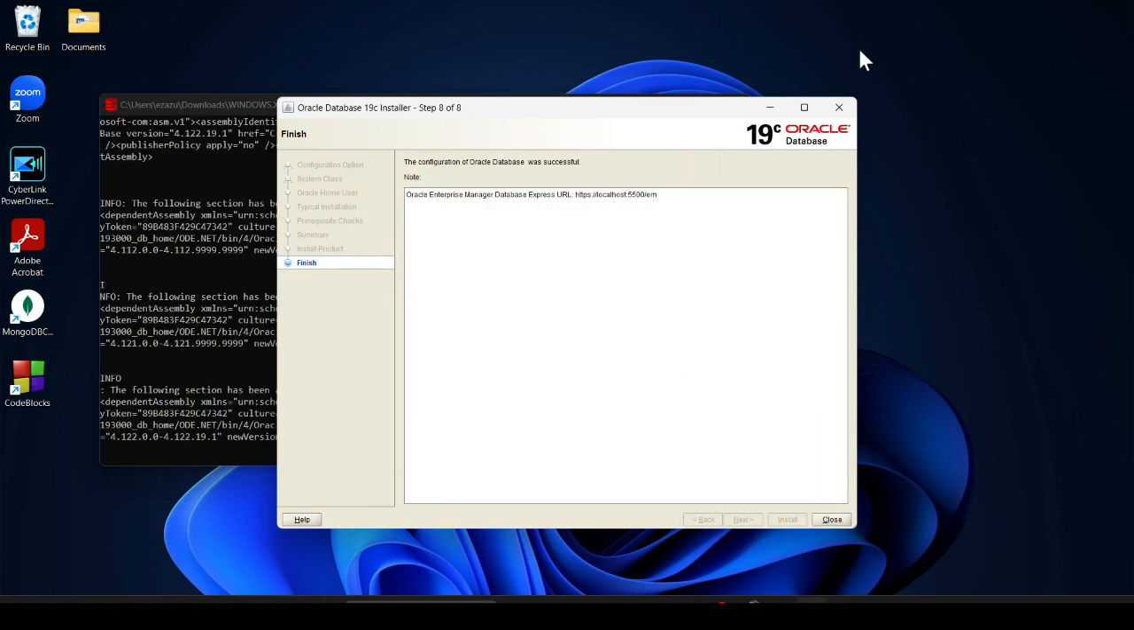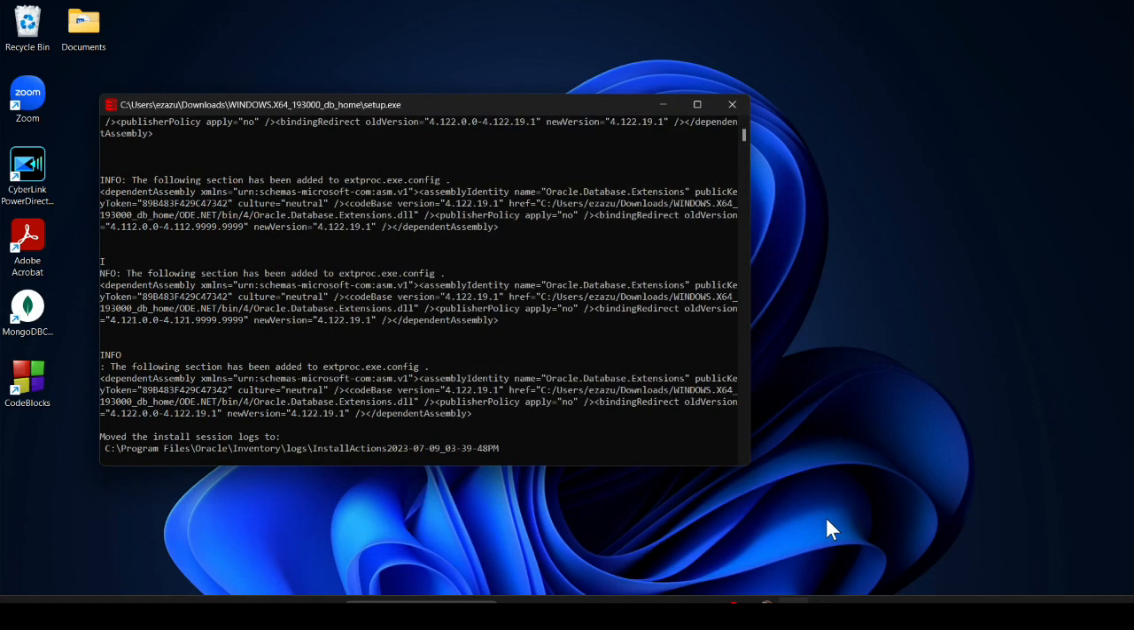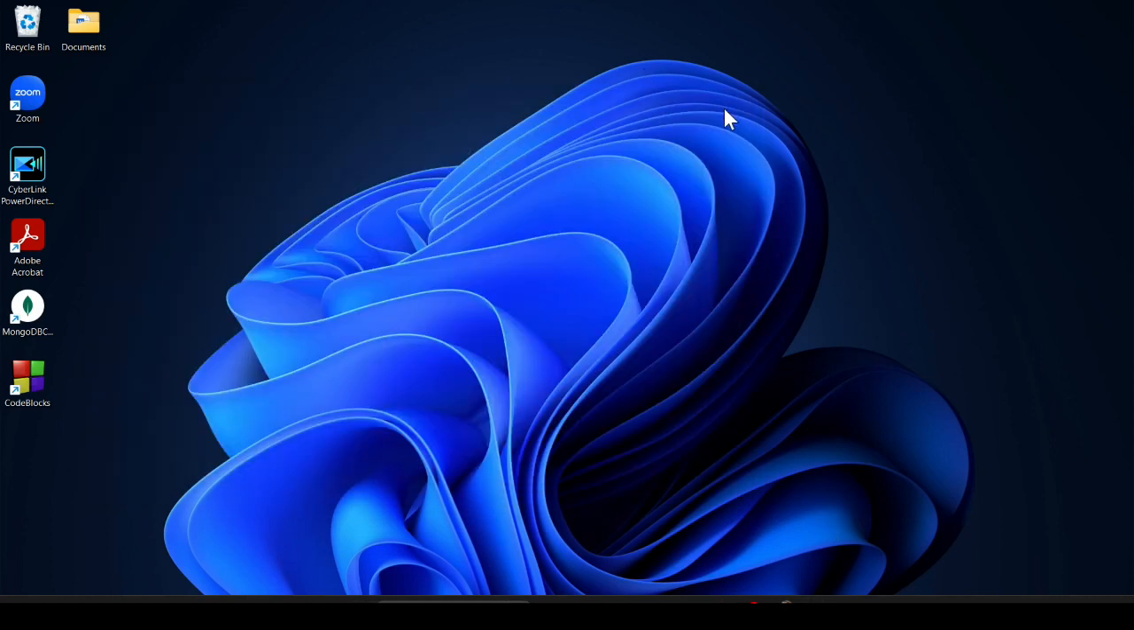Now here you can see our Oracle 19c database is successfully installed. Just click on close, and after that cut this out. It will automatically cut. Now here type